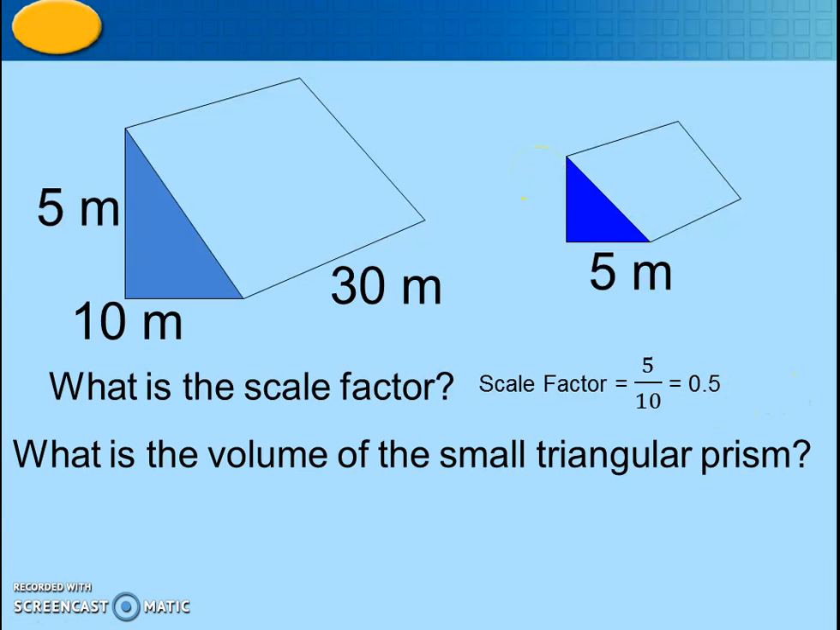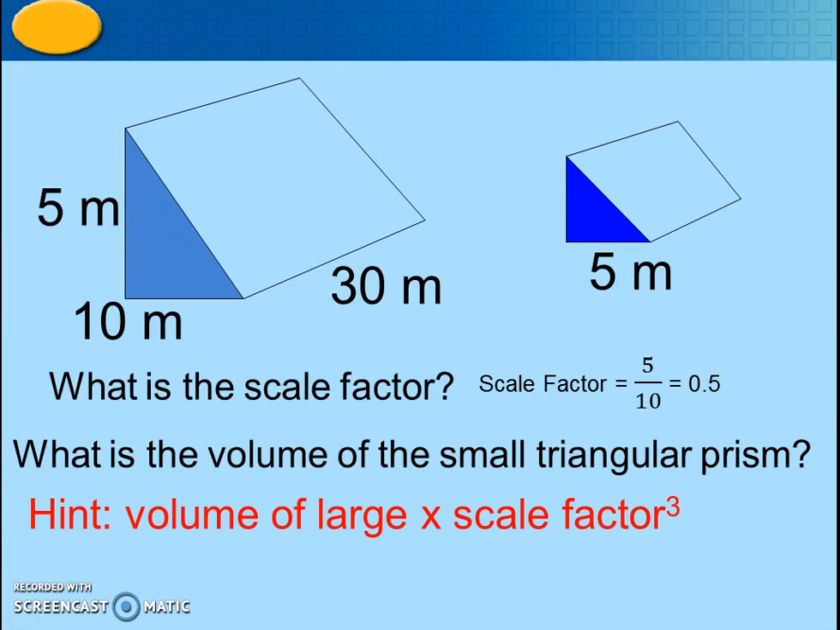What is the volume of the smaller triangular prism? Let's work that out. We should have a right angle there just to make it work. So we're going 10 times 5 divided by 2, or half the base times the height. So that gives us